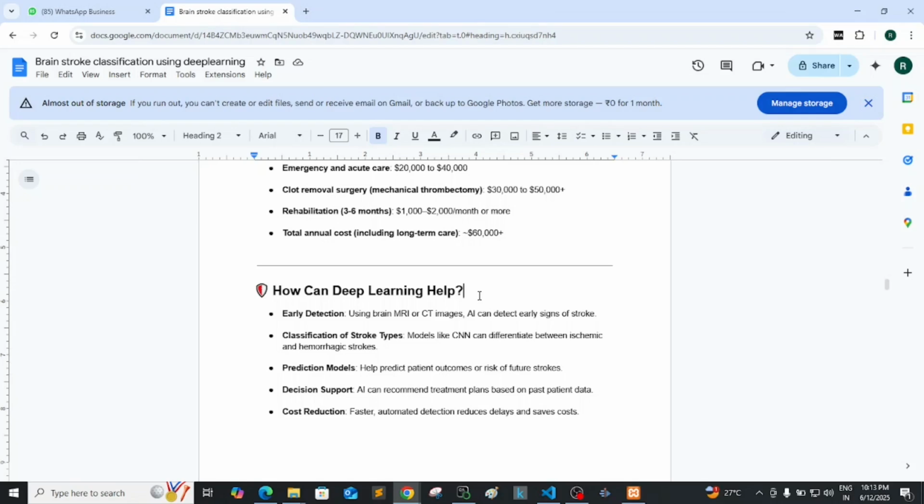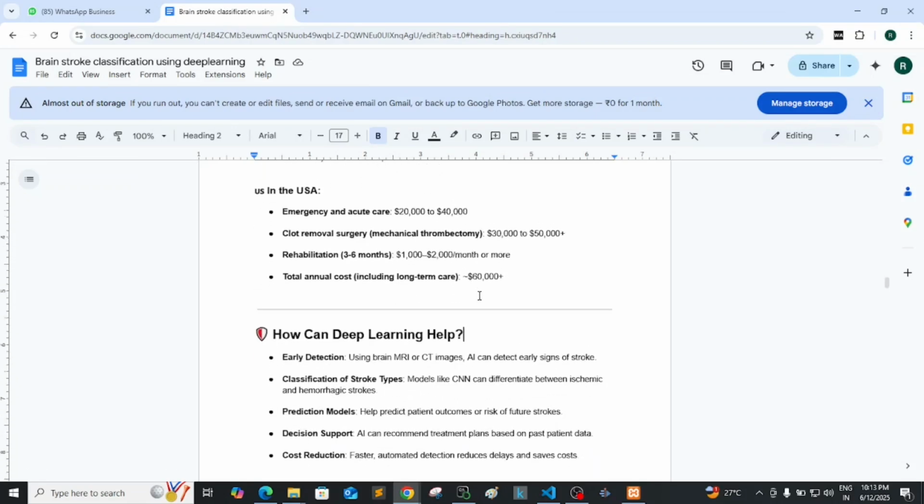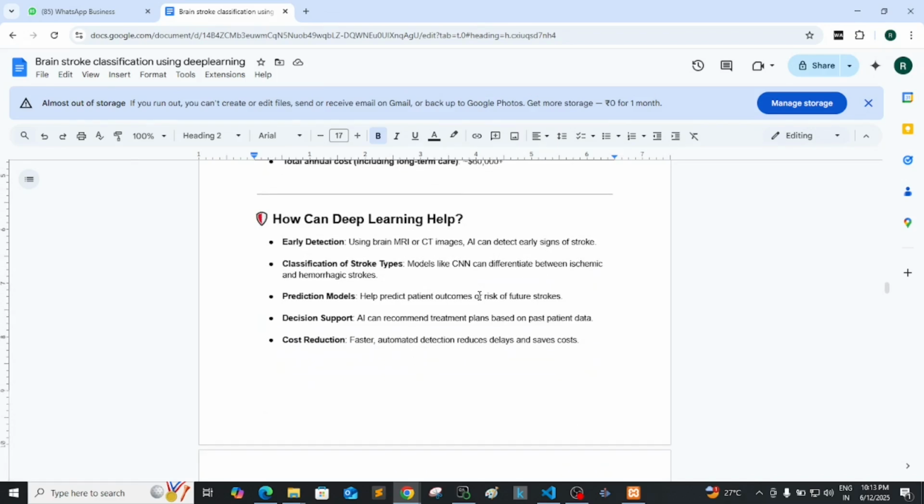Okay, first one is early detection. As you studied above, for early detection the cost is always very less. So what if we can properly detect at early stages? As human beings we will have so many errors, because we can analyze only some limited data. When the data variation is too much, it is very hard for a human being to analyze. In this case, deep learning AI models will come into action. They can analyze n number of data,